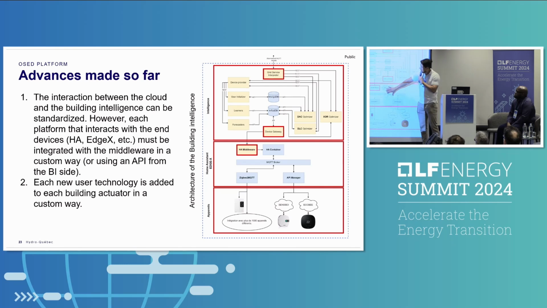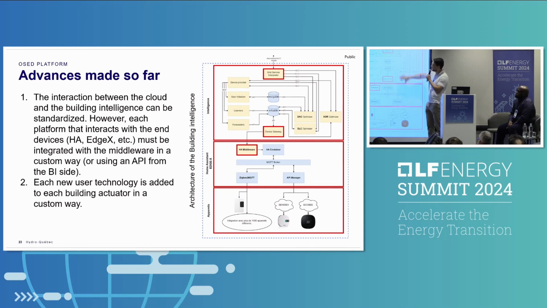This actuator that already exists in the building could be Home Assistant for residential, could be EdgeX from the Linux Foundation Edge, I think, which works well for commercial and institutional buildings. And what we are starting to look at now is that it could also be Johnson Controls, Delta, Niagara, as long as they allow us to read their data and to coexist with their control systems.